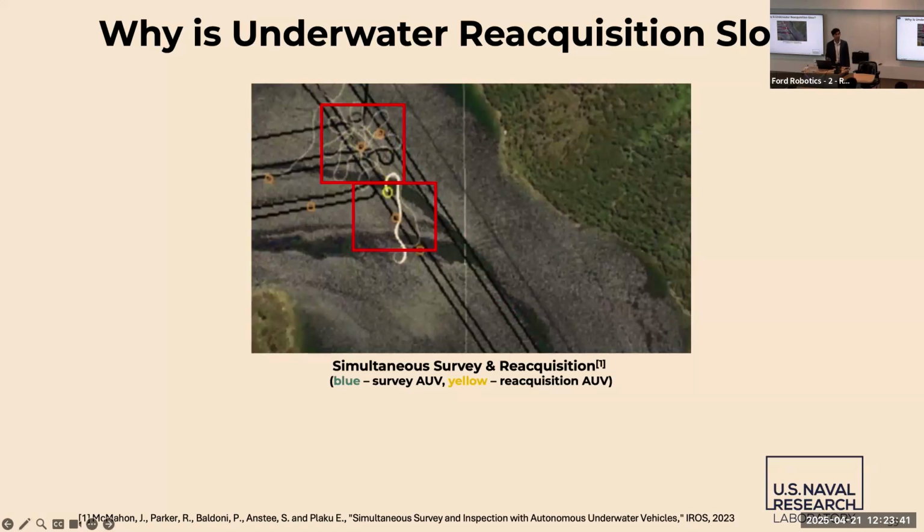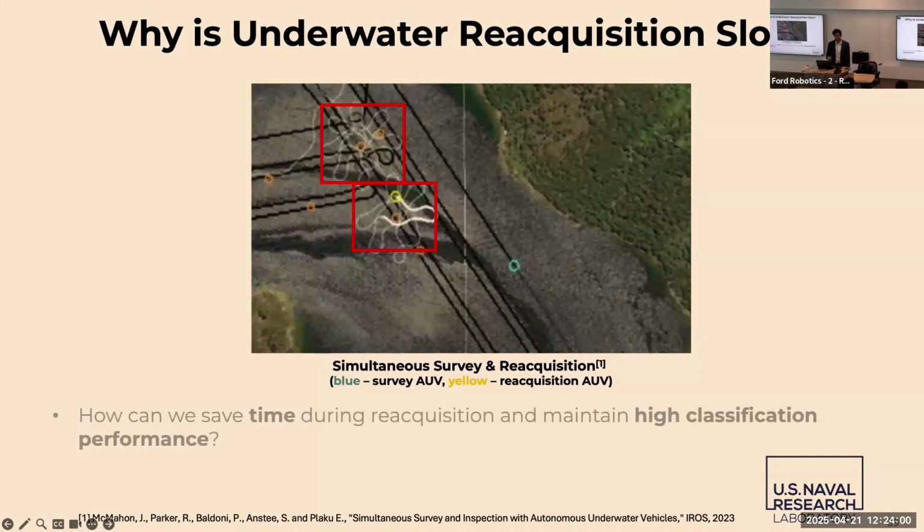This process can be time consuming, and from our experiments, we found that it can be between 40 to 60 minutes per object. So we're really interested in reducing the number of views it takes to actually classify an object. You can imagine for a field with maybe 3 objects, this might be doable, but when there are hundreds of objects in the field, this does not scale very well. So the question we ask is, how can we save time during reacquisition, but still maintain a high classification accuracy?